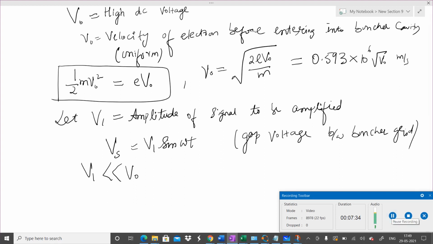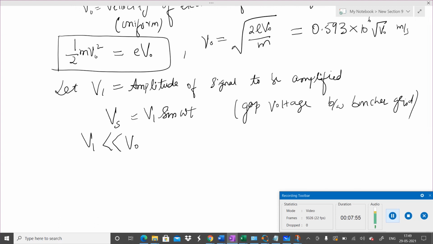That is of course reasonable, because we are amplifying this signal which has amplitude V1, and V0 is a battery in our control. The klystron I showed you last time is used in radars, and we can have a very huge battery, so we can always satisfy this assumption that the battery voltage is quite high compared to the input voltage which we want to amplify. Our first purpose is to analyze something called velocity modulation.